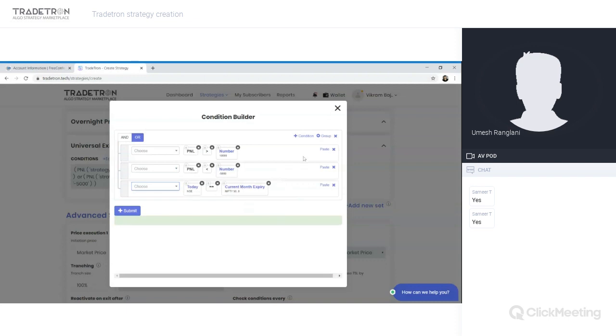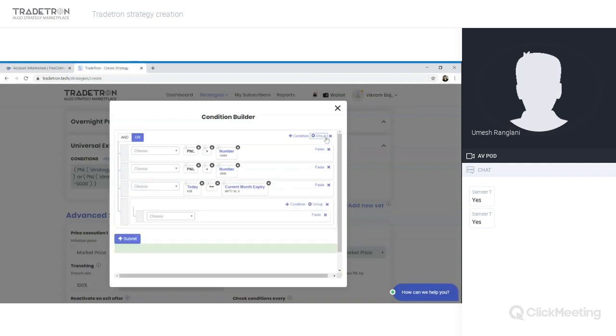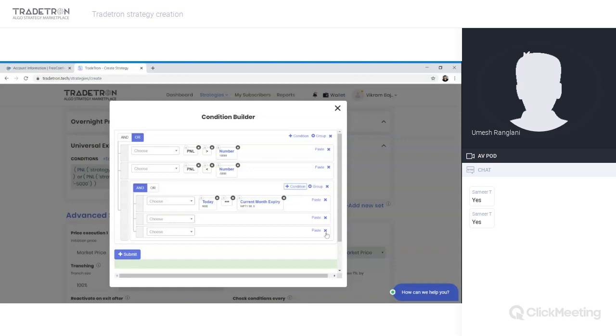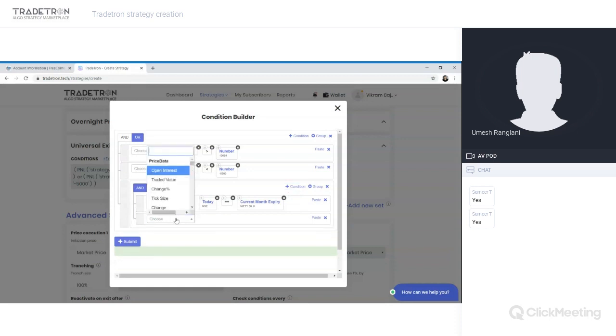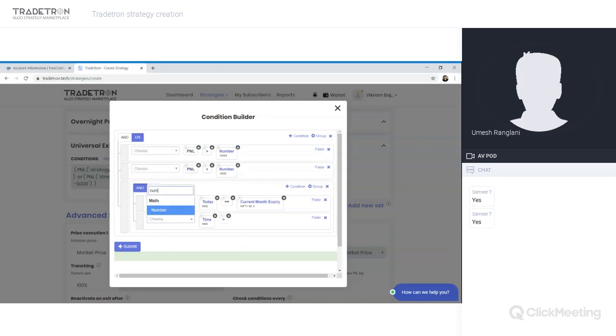If today is expiry, so I'll use a group here. I don't want to exit the position, let's say, when it's an expiry day. On expiry day, after 3 only I want to exit the trade. So here I'll use time greater than